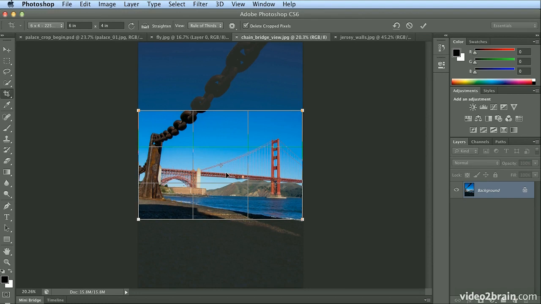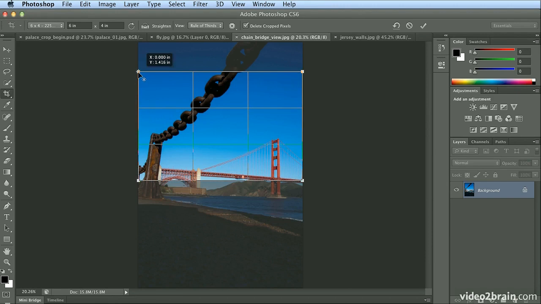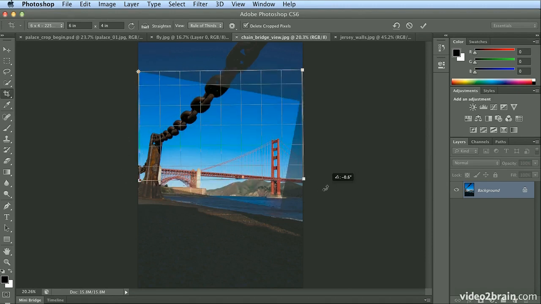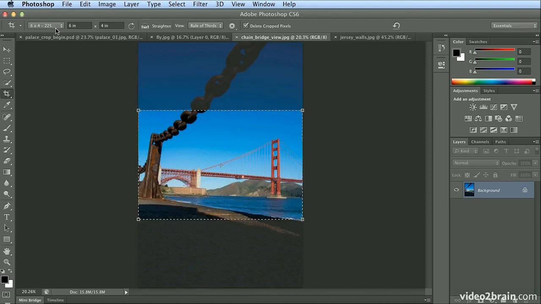And I inadvertently moved the center point there. When you move this, the center point can be positioned at other spots in case I want to rotate or swing it around to get an interesting angle. I'm going to hit Escape to cancel that, and I'm back to my 6x4, which you could also type here